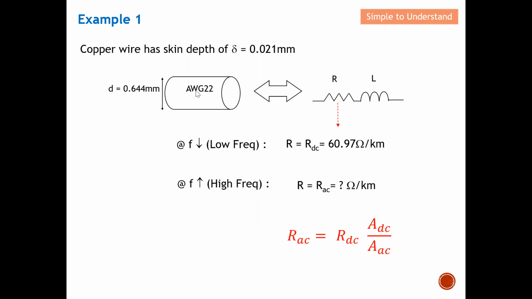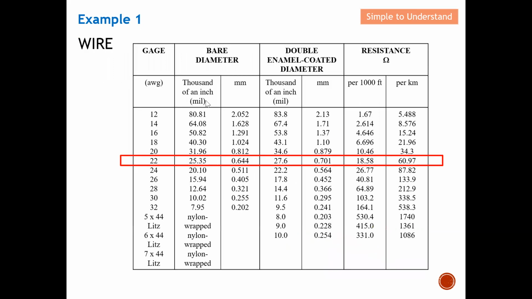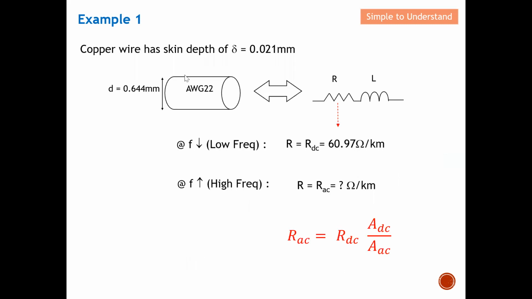Again, how can I find this information? This is the AWG table, and we are using AWG22. From here, you can see the diameter column, and I can see that the diameter is 0.644 millimeter. Therefore, I know that AWG22 has a diameter of 0.644 millimeter, which I have denoted